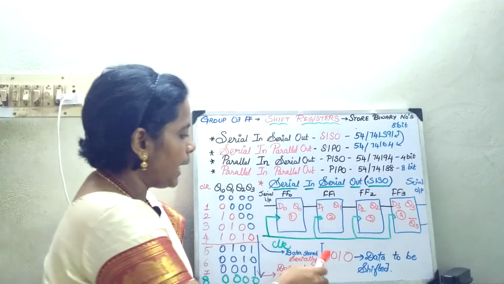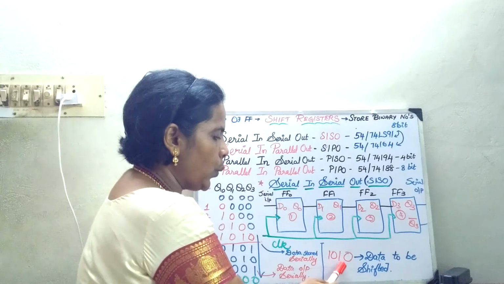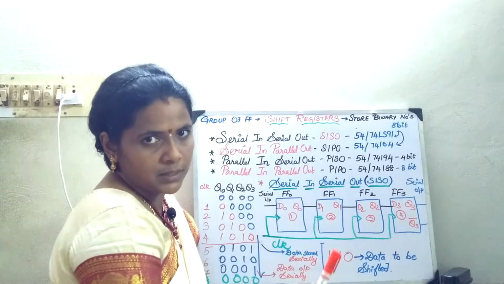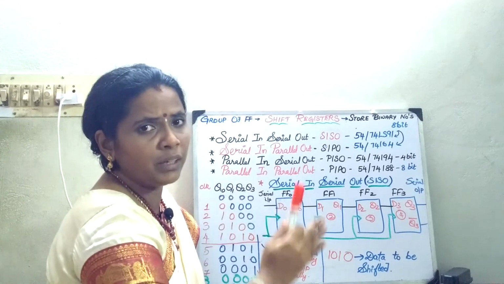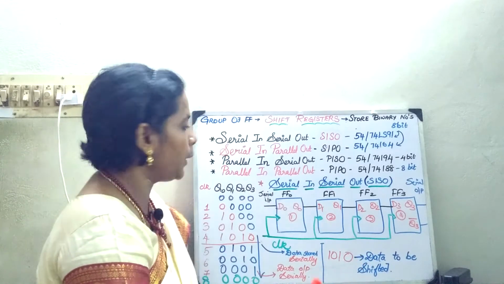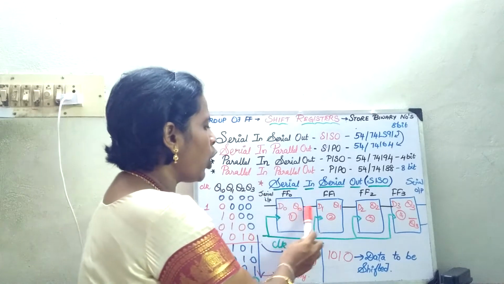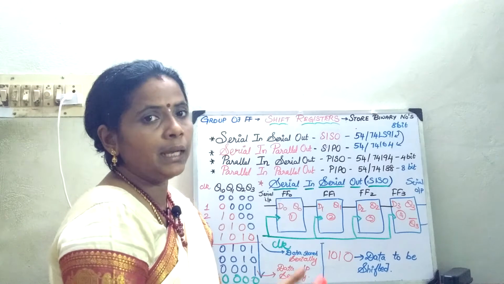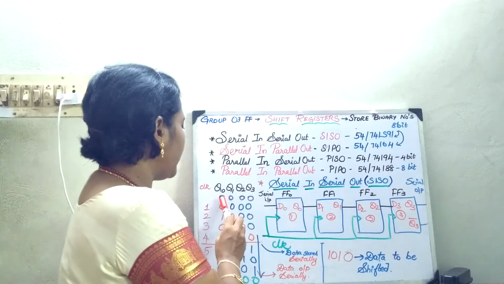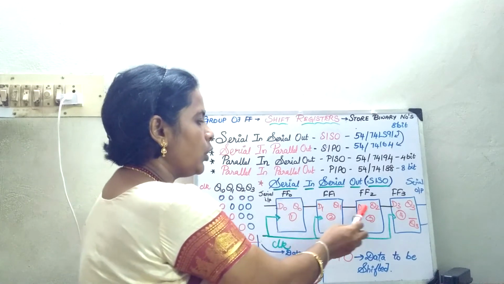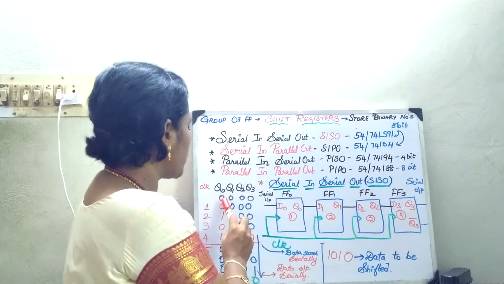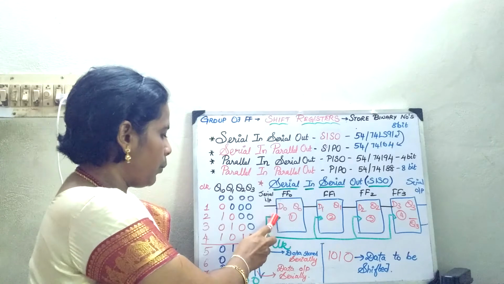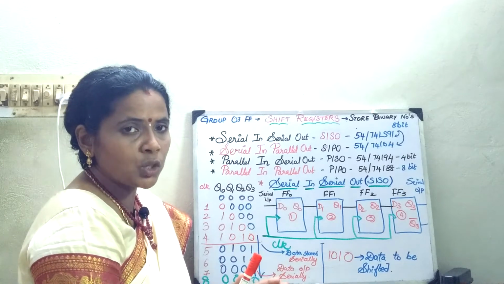Okay, I am taking the data 1010. This is the data that is to be shifted into the register. You are going to give it and check how the output comes out. Now, the outputs are Q0, Q1, Q2, Q3, I have written it here. Initially, before starting the experiment, the data stored in your register or your flip-flops is going to be 0000. Now, I am going to apply the first clock pulse. When I apply the first clock pulse, what happens?